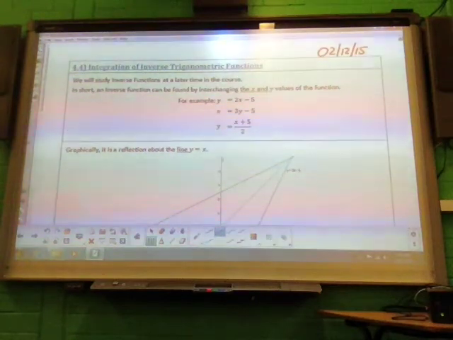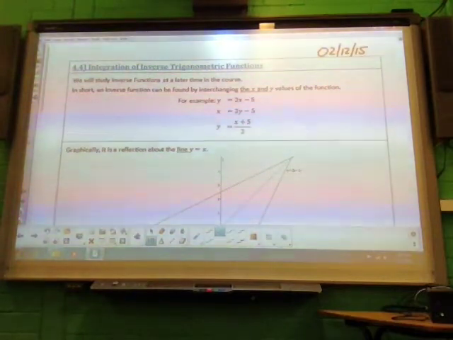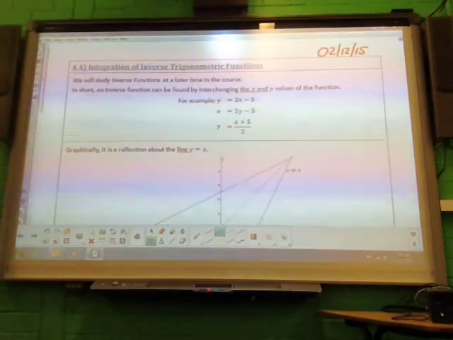Integration of inverse trig functions. So we've so far covered integration using substitution with indefinite integrals. We make this substitution, which will be given to you, you manipulate it so it becomes an easier thing to integrate, and then you've got to change your answer back into what the